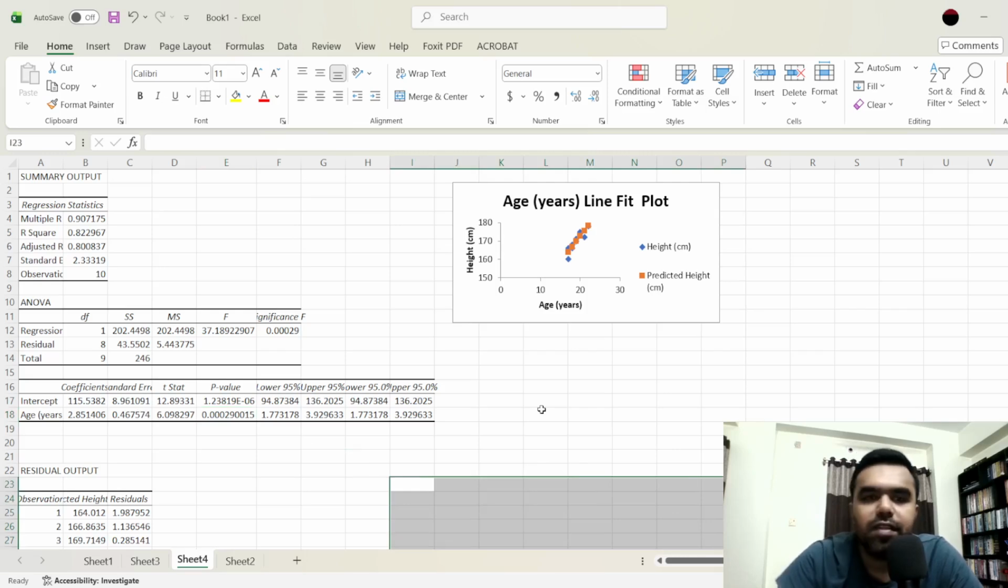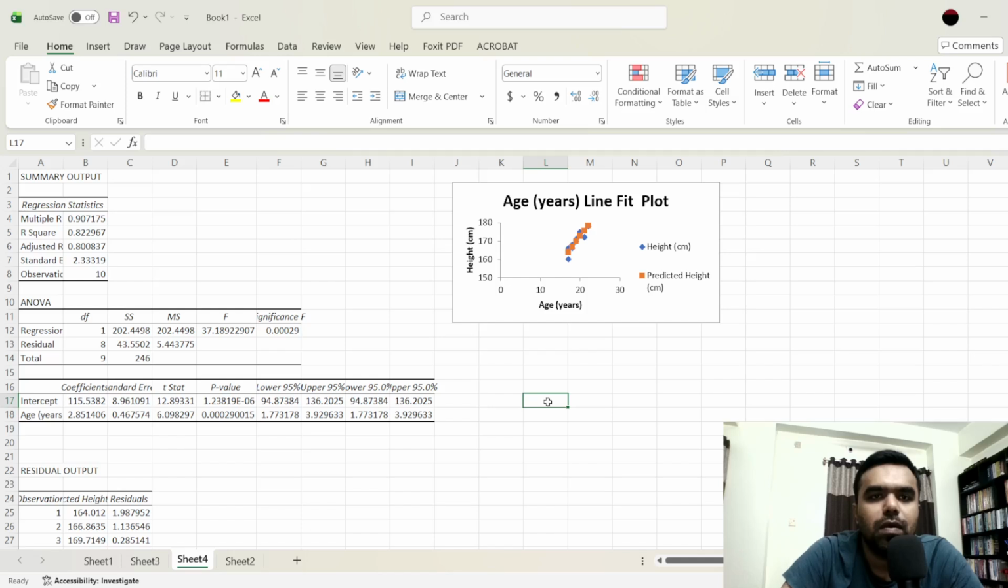So what can we write here? Let's see. We can write height equals height in centimeters. Height in centimeters equals, what's the intercept? The intercept is 115.54, plus